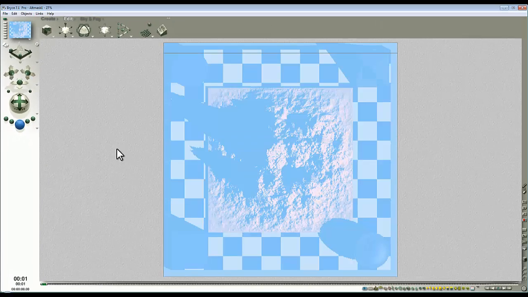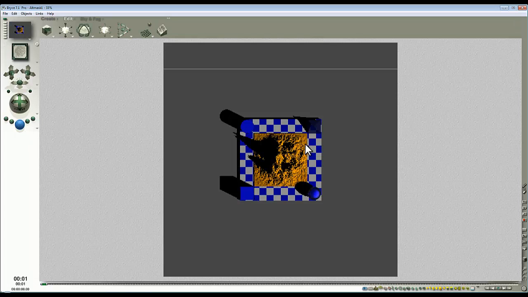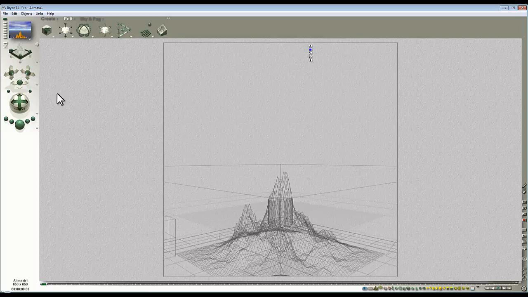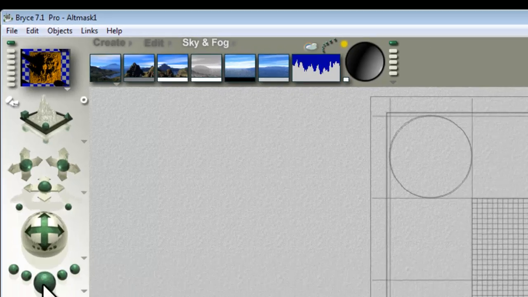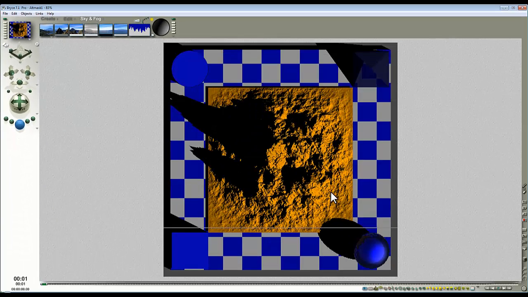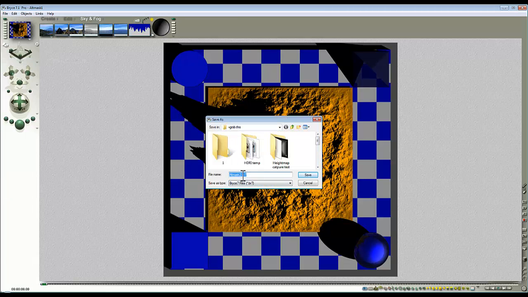And then if we just turn the altitude mask off, you can see that the scene's looking a bit washed out. Now by default the overhead camera, so that's the overhead view, is not influenced by the haze, so that's a different property of these cameras. So if we go to the perspective camera and go to the Skylab here and hold the Alt key down, we can disable the haze setting, and that will allow us to capture our render. Obviously these shadows are going to end up being baked onto the terrain as well, but we'll not worry about that. It's up to you how you set your lighting up. So I'll call this